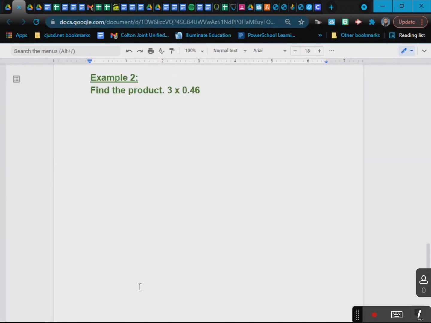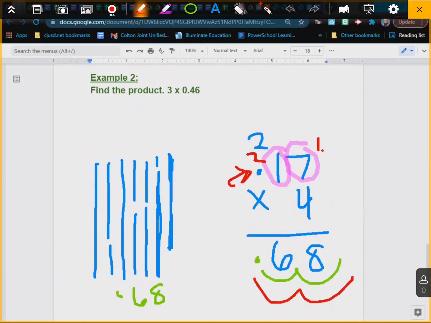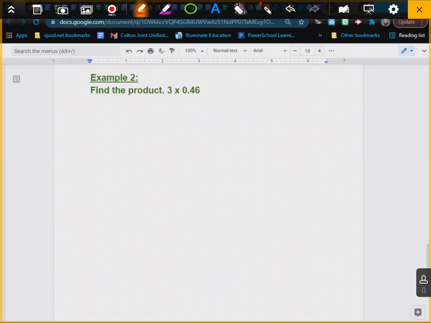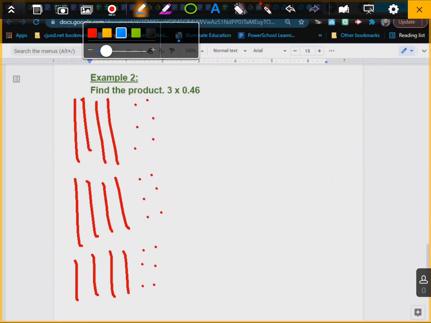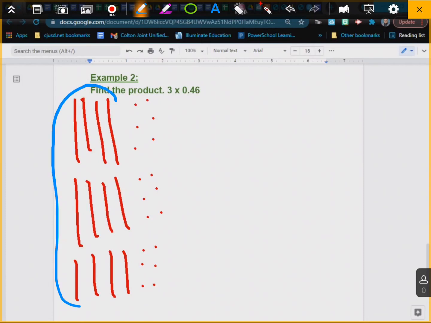All right, example number 2, find the product. You can do this a couple ways. You can do this using your base 10s. You can say, okay, I have 3 sets of 0.46. So 4 tenths and 6 hundredths, three times. And now, one of my rules was, if you have 10 tens, that represents one whole. So I have 4, 8, I'm just going to circle this, and that's going to represent 1 point, and I